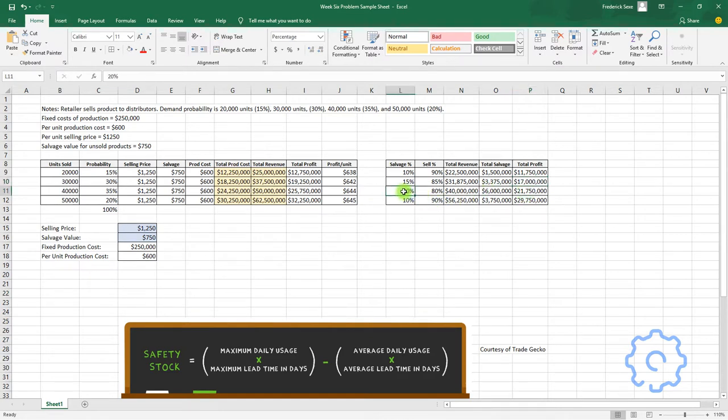Now let's say if we increase the salvage to 40%. Well, now we've almost broken even. So if you want to see how this works, you can always manipulate the salvage value. If you drop the salvage value to say 600, you're going to see that the break-even points are going to be even greater. So basically, in this vein of thinking, the closer the salvage value is to the production cost